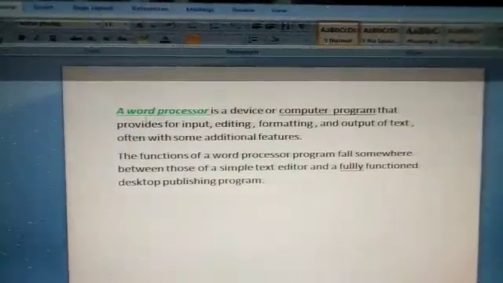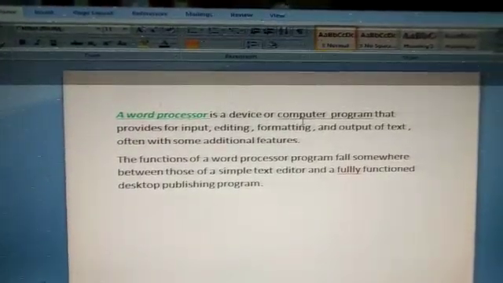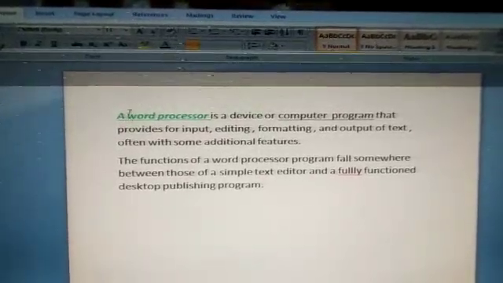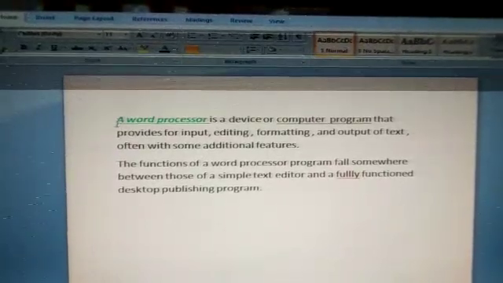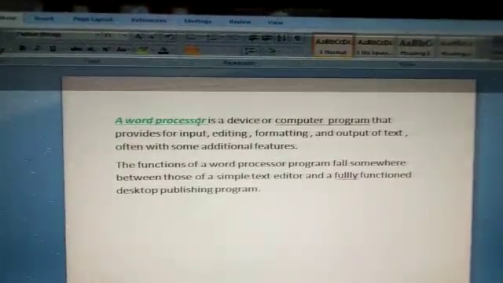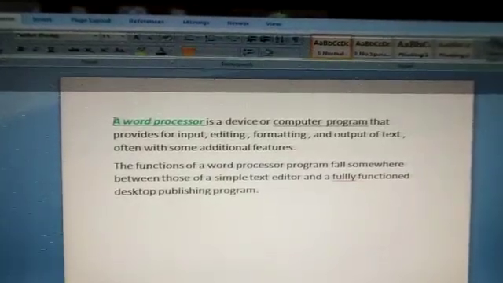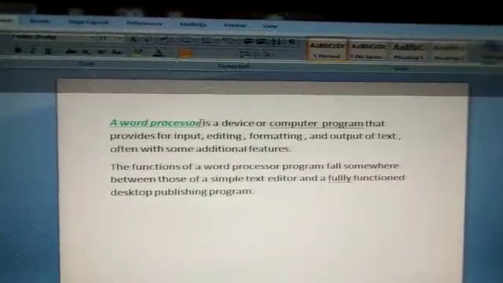Students, you can see here, it is written, a word processor is a device or computer program. A word processor is written in a different way. It is in italic, underline, and this text is written in the green color. So we want to apply this.